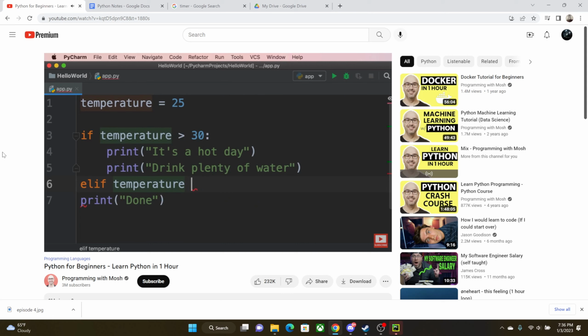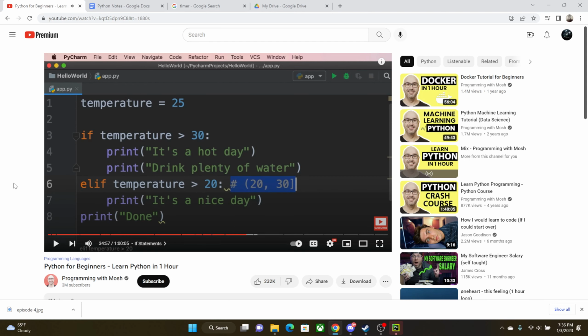So temperature greater than 20. We add a colon, press enter. Now we have a new block. So here we can print, it's a nice day. So if this condition is true, that means the temperature is greater than 20 and less than or equal to 30. Now what we have here is called a